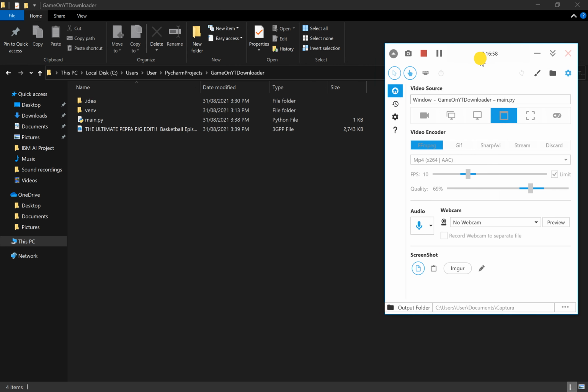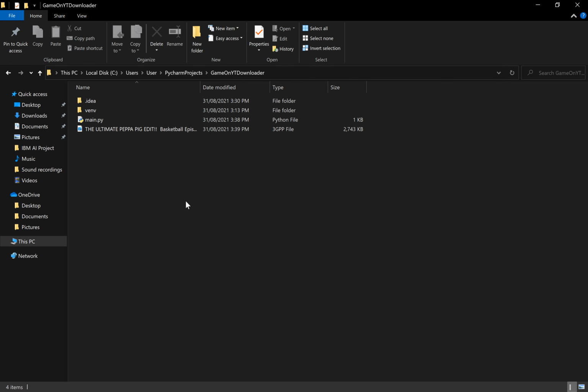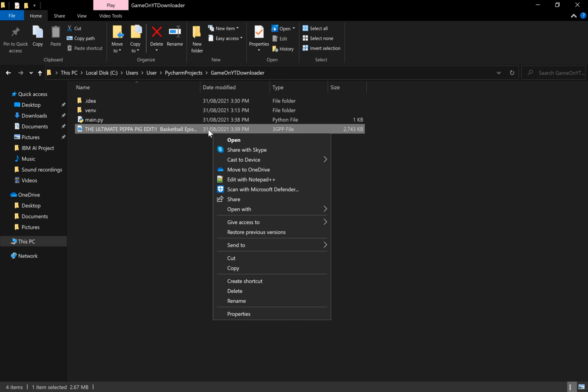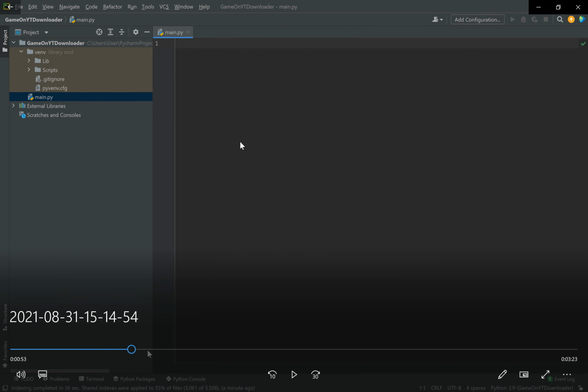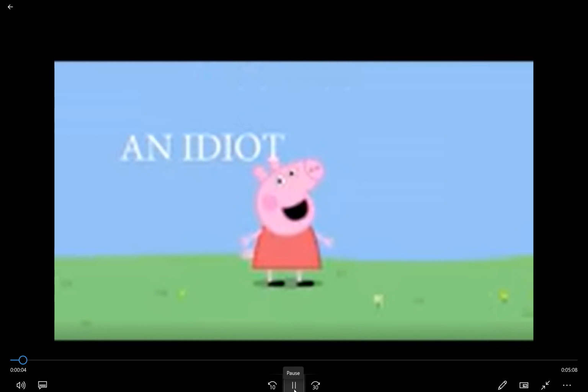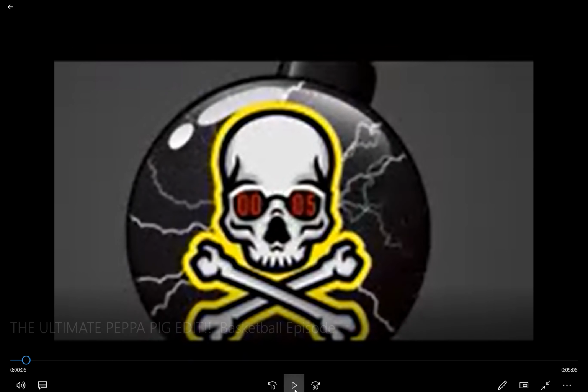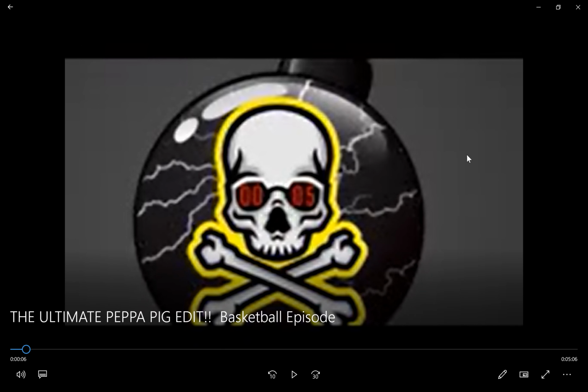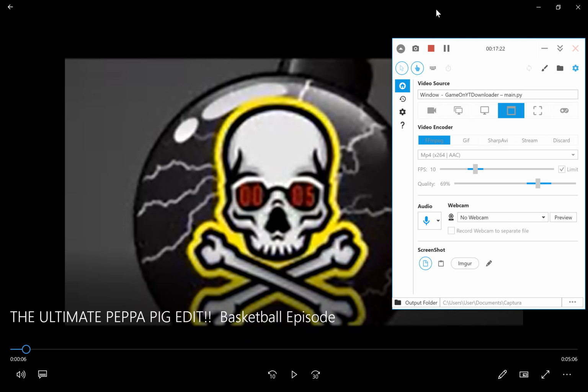Okay guys, I think I found out. So it's cool because what happens is it actually saves to the file. So you have to go to File Explorer and you can just open it, and you guys can see our video's there. I'm Peppa Pig. So that's pretty cool. I think that's pretty lit, to be honest. It's a very cool